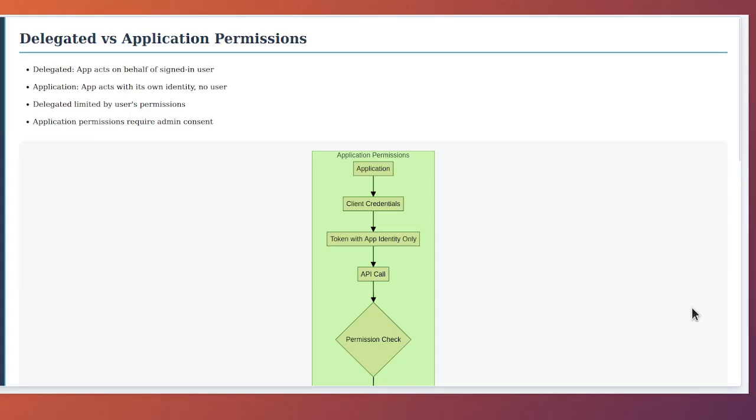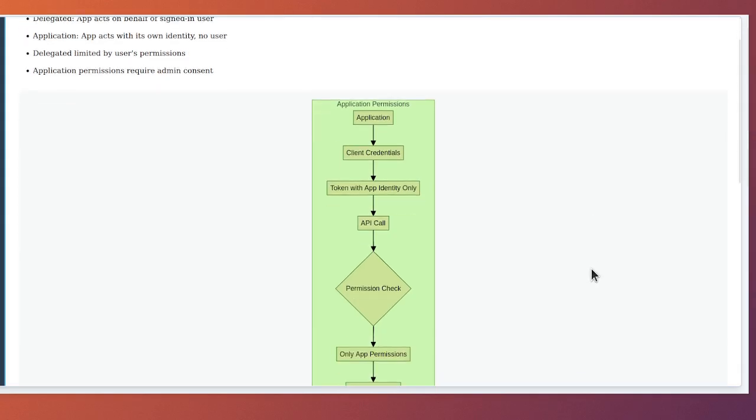Delegated versus application permissions. Understanding the difference between delegated permissions and application permissions is fundamental to working with Azure AD applications and APIs. This concept doesn't have a direct parallel in AWS IAM, where permissions are generally service to service without the same user context distinction. The difference becomes critical when you're building applications that integrate with Microsoft Graph, Azure Services, or custom APIs protected by